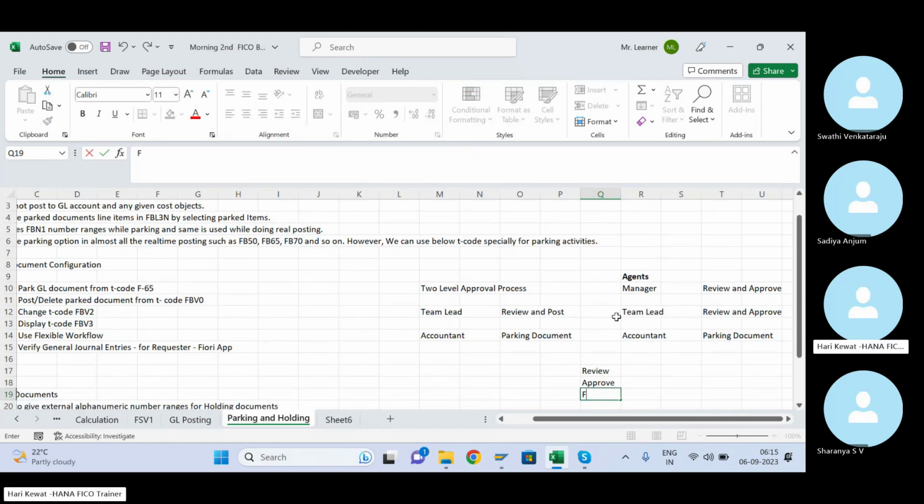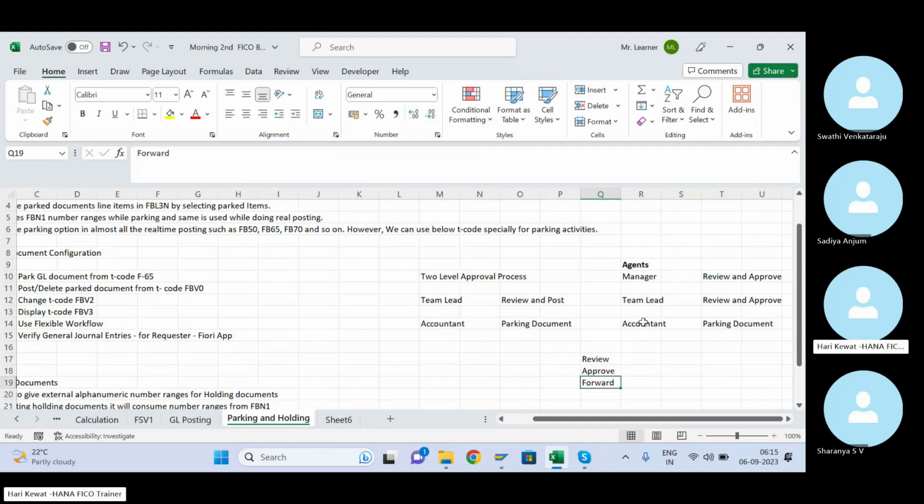Another is the forward option you have to talk about. Let's say this person has parked the document. It went to the team lead. What can the team lead do with the document? He can review, he can approve, or he can forward also. Forward means this team lead is saying that he is busy, so he can forward to another team lead on the same level. Okay, so he can review and approve.